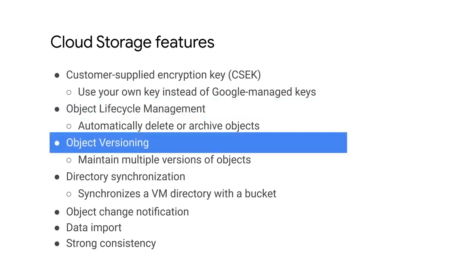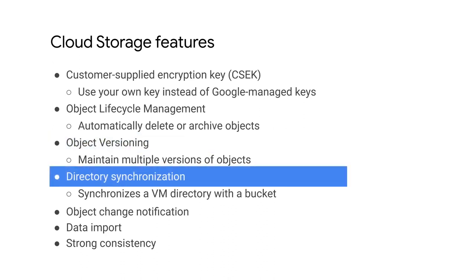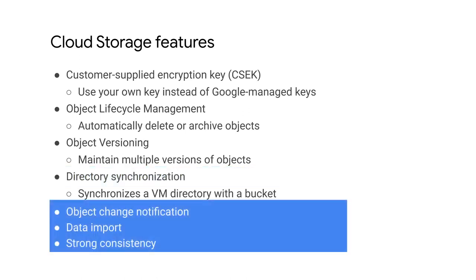Another feature is object versioning, which allows you to maintain multiple versions of objects in your bucket. You are charged for the versions as if there are multiple files, which is something to keep in mind. Cloud storage also offers directory synchronization so that you can sync a VM directory with a bucket. We will discuss object change notification, data import, and strong consistency in more detail after going into object versioning and